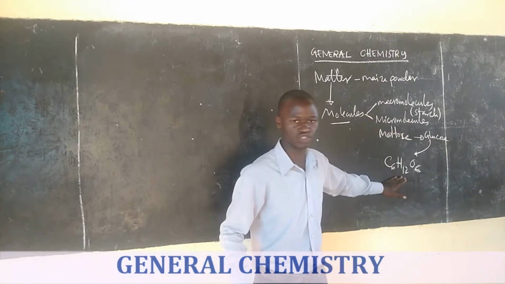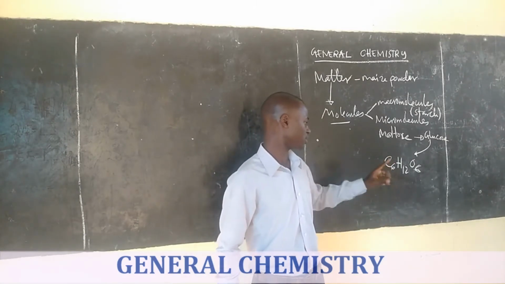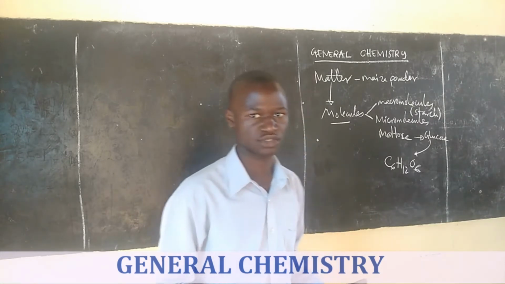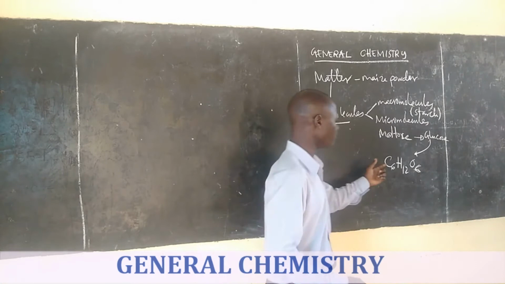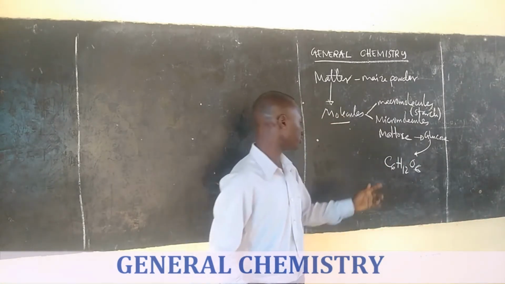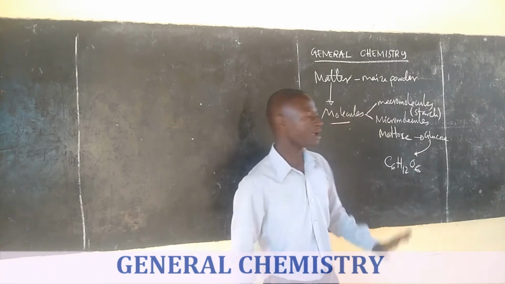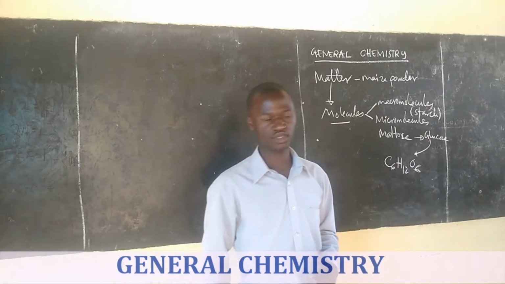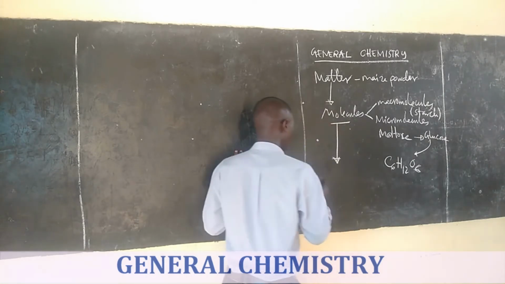And then from glucose, we can talk about elements. We have carbon, hydrogen and oxygen. These are the elements which are present in glucose. But also from glucose, we can talk about atoms. We have carbon atoms, hydrogen atoms, and oxygen atoms. So in the case of elements, we have carbon, hydrogen, and oxygen elements. But here we have 6 carbon atoms. You see? So from molecules, we are moving to elements.